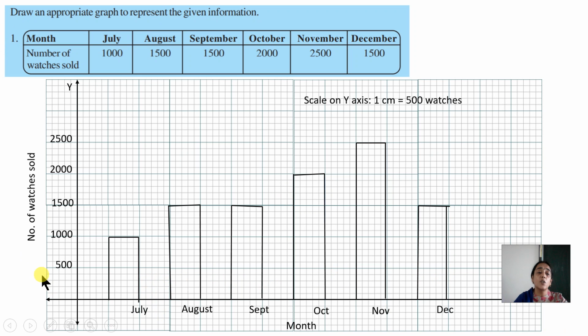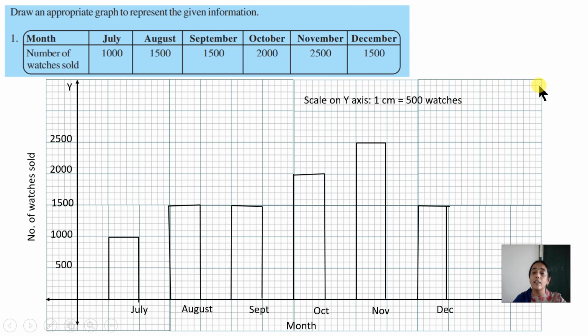After that, plot on the y-axis. Now you have to take the scale on the y-axis. We look at the minimum value and the maximum value. The minimum value is 1000 and the maximum value is 2500, so I should get all of that on my graph. One big square is divided into 5 small squares on the y-axis, 1, 2, 3, 4 and 5. That means I can take each small square as 100. So 100 plus 100 plus 100 plus 100 plus 100 is 500.